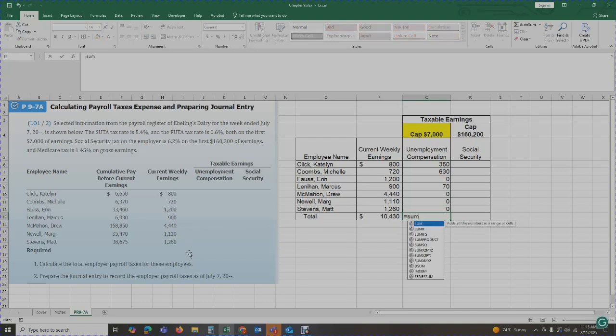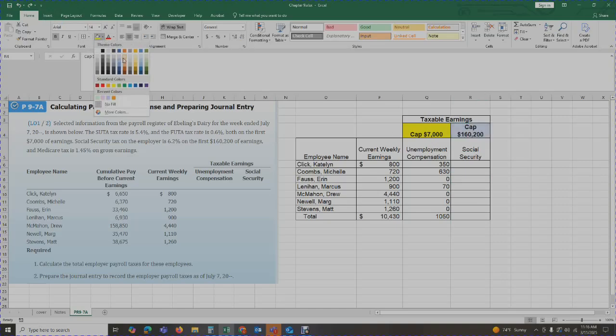So from this week's pay period, the only amount that we are subject to pay unemployment taxes on is $1,050. Okay, only 3 employees are below the 7,000 threshold. Those are the only 3 employees we are going to pay unemployment compensation on for this pay period. Okay, we're going to do the same thing for